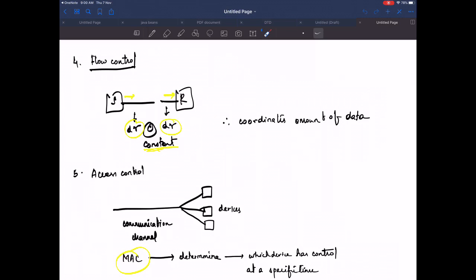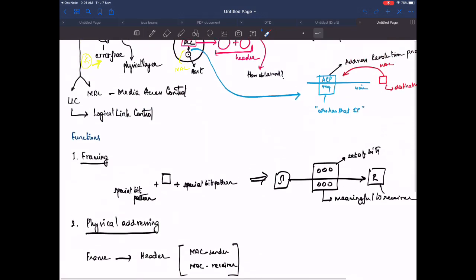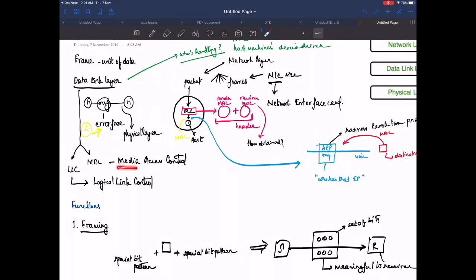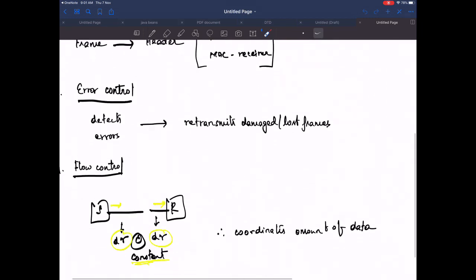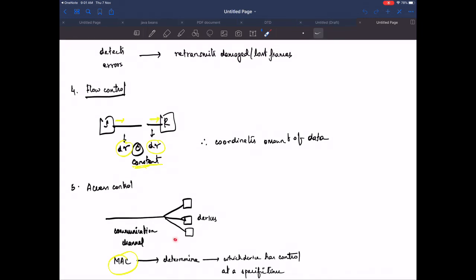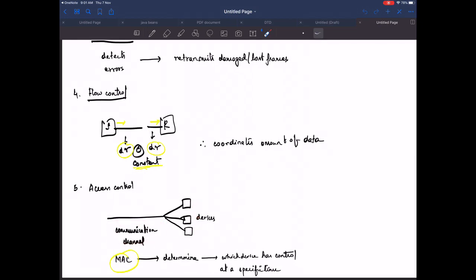And then finally, access control. In what situation does DLL do the access control? Let's say there is a single communication channel. This communication channel will be shared by multiple devices. I told you that one of the sublayers of data link layer is media access control. So what MAC does is, MAC determines at a given time which device out of the 3 devices here has access to this communication channel. This is the access control